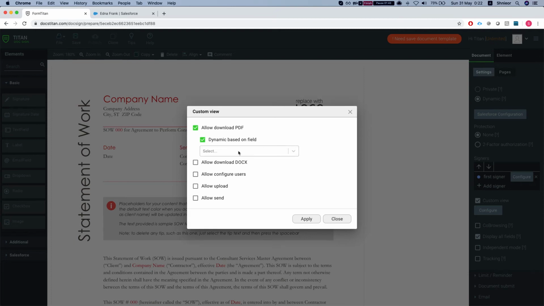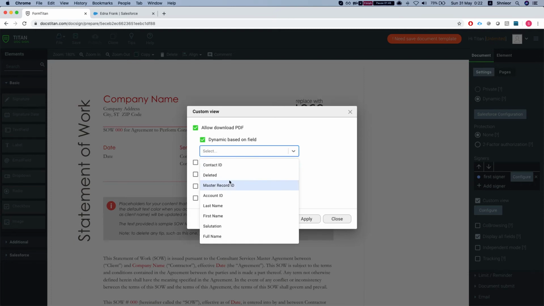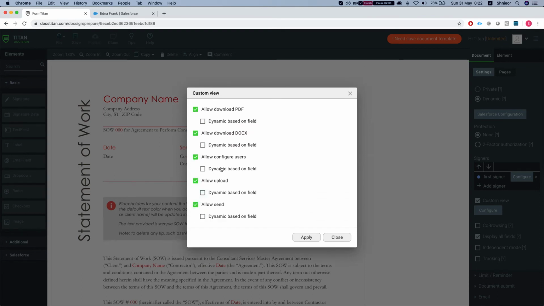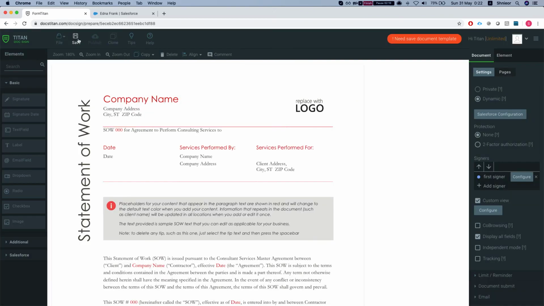This is really cool. What you can do with this thing here, you can decide depending on your object. In our instance, a contact, so imagine we would have a formula field saying if so and so happens, return true or false, and then basically the allow download PDF will be accessible or not depending on your field, and every single one of these options has it. So let's tick all of them and I'll show you what this does. I'll hit apply and save,